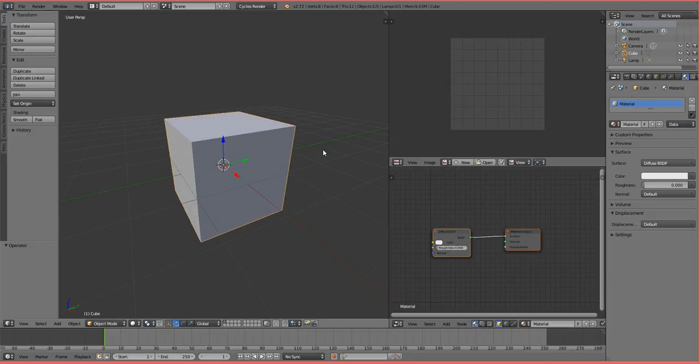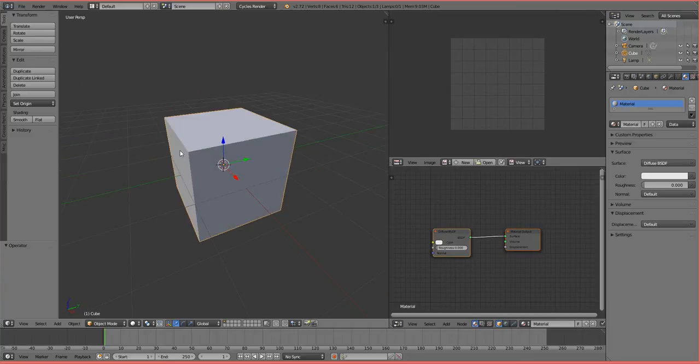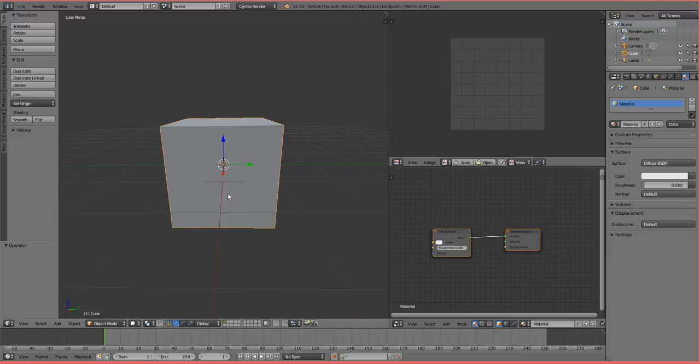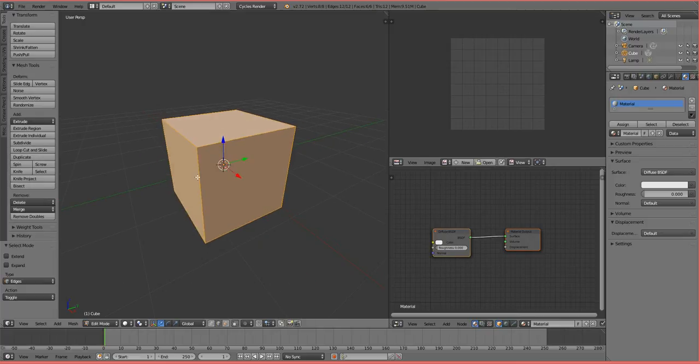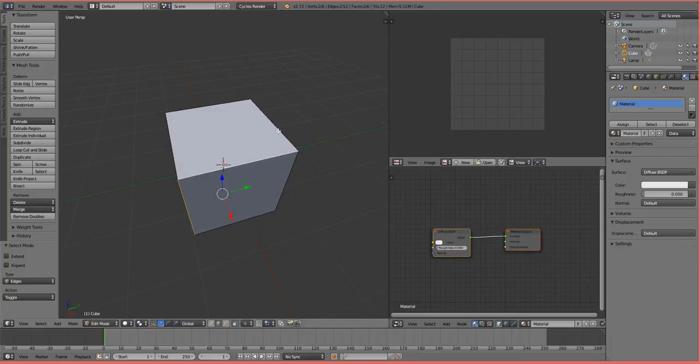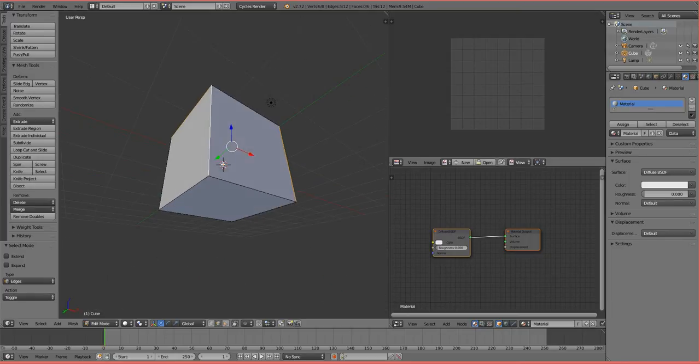What I'm going to do first is what's called mark seams. And you have to imagine that you've got one piece of cloth and you're trying to wrap this box up in this piece of cloth. You've got to think how you're going to attach your cloth together. And I'll show you what I mean by going into edit mode, and then you select the edges, and you always use the edges to mark your seams. I'm going to grab some seams or edges here, and I'm going to go round in a methodical way, so I'll end up with